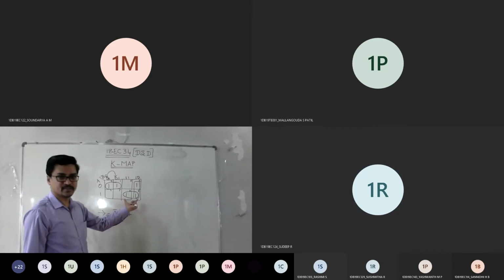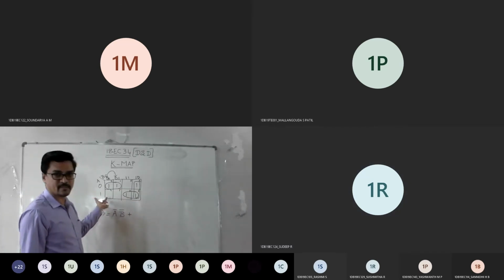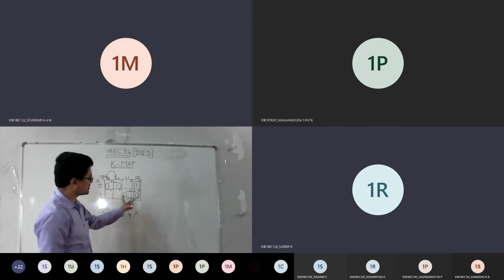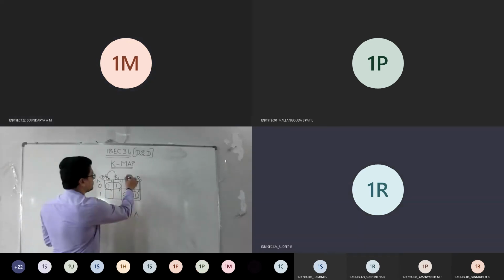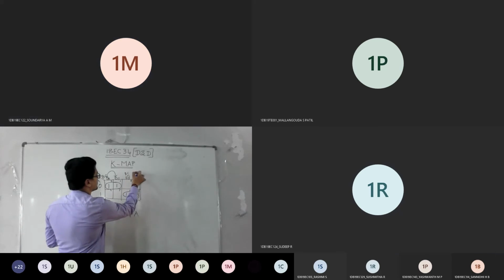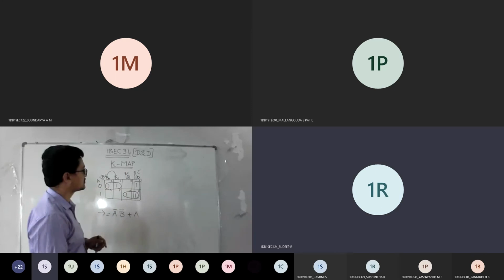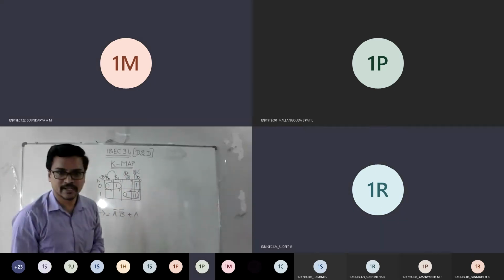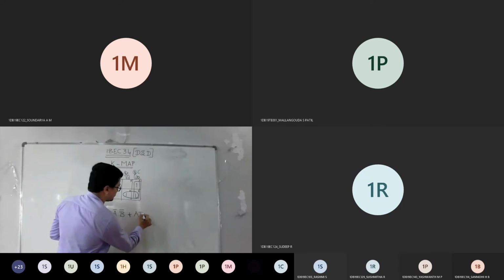Similarly, we can tell here. So this pairing, what does 1 represent now? A. So what about this 2 now? Which is the common term? 1 is the common term. So it means this is B C bar. So what is the common term now? B. Agree, everyone? Yes, sir. Okay, so I can write AB.